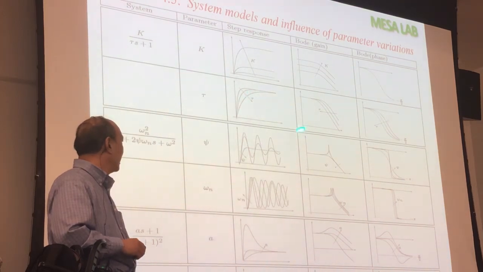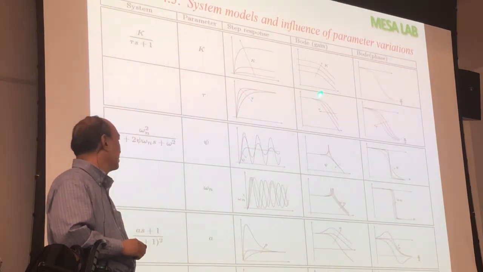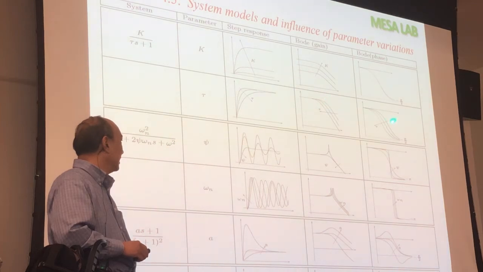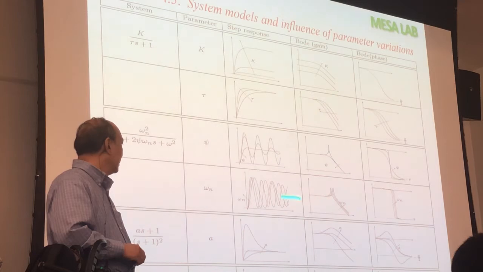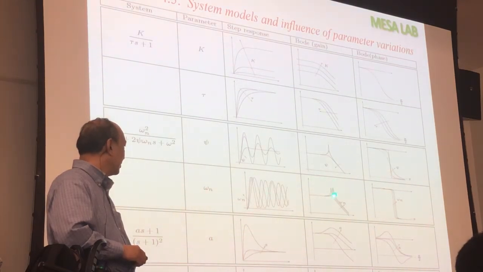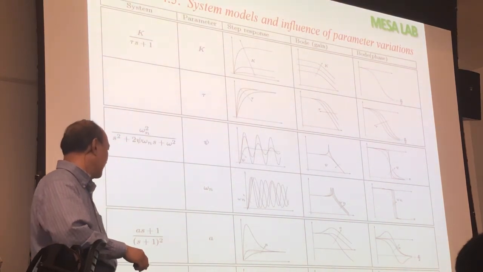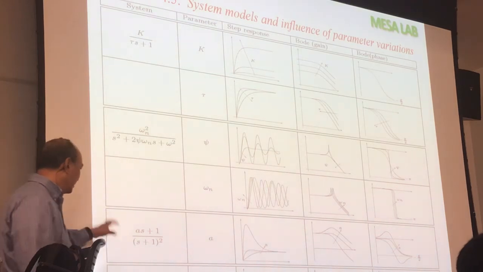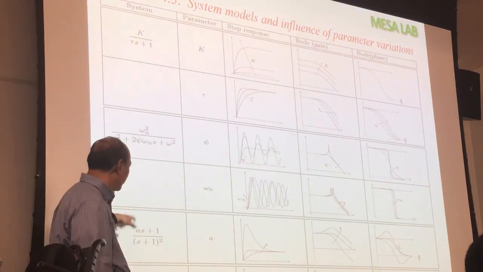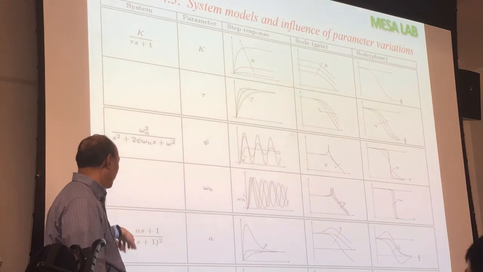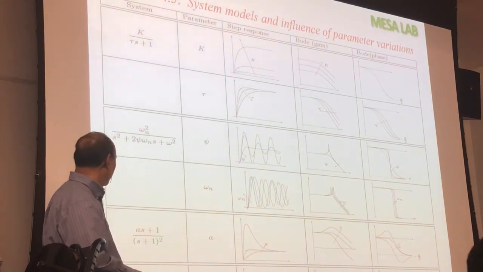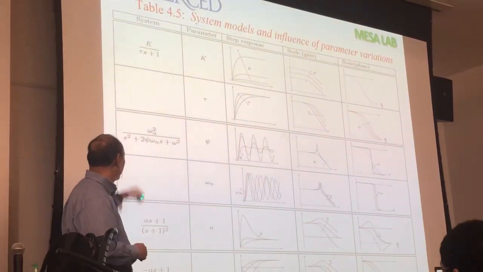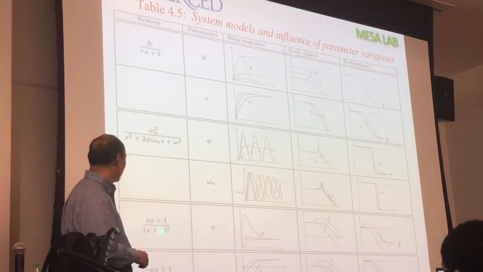When you change the tau, you can see the corner frequency will be different. And also here it's different. And if omega n is different, then the peak point is different, can you see? It's very interesting. So this is a nicely behaved system, a second order system. Think about this as a second order system when phi is 0 or omega is 1.